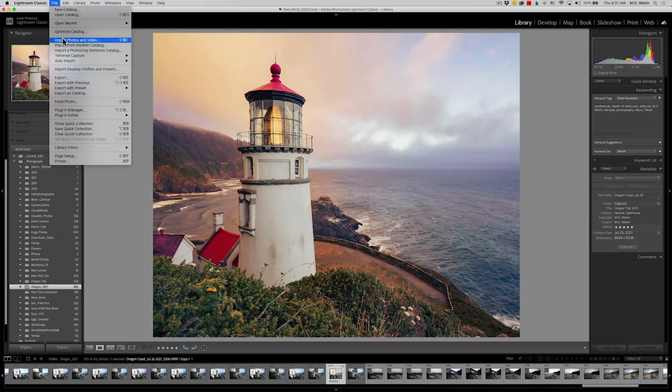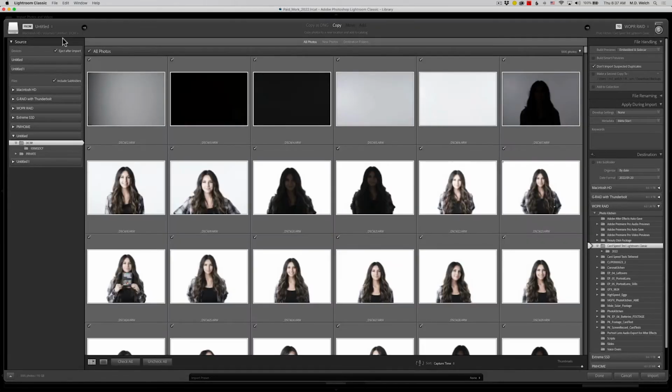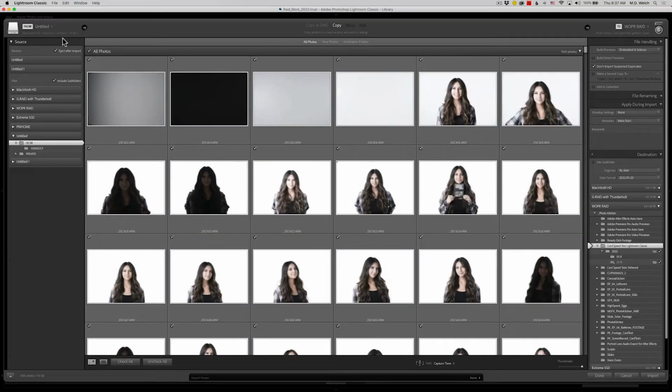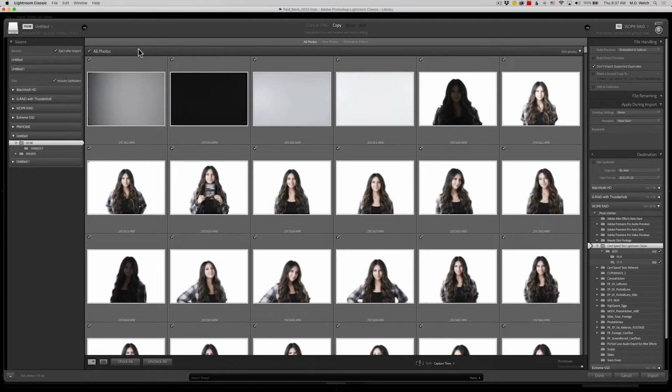Also, I already have my camera connected to the computer, but in many cases, when you connect your camera or card reader, the import window will automatically open for you. So I'm going to go ahead and click import photos and video, and this will open up the import window. Now, it will automatically start building some thumbnails here, and that's not that big of a deal because